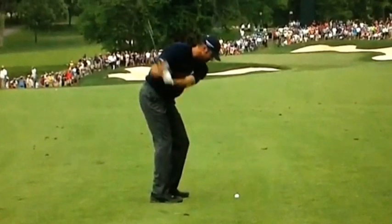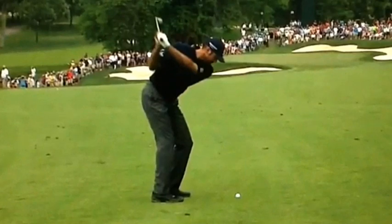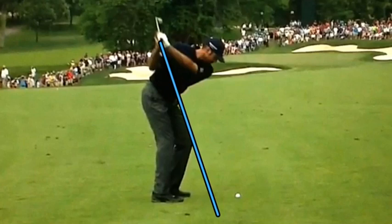As he starts to go back up to the top, what I want you to notice is when he gets to the top here, how compact Matt is, and how we see the butt of that club. Again, if we were to extend the butt of that club down to the target line, we can see it's right at the target line there, which is really a great position to be at the top, because we always want that shaft to point at that target line. Now as Matt comes back down,